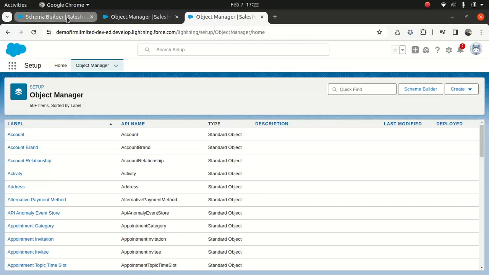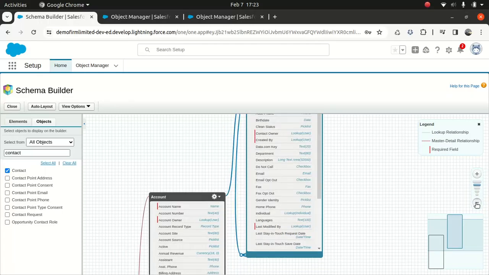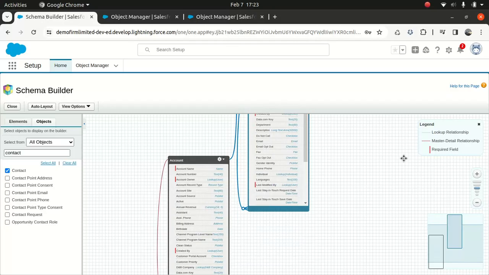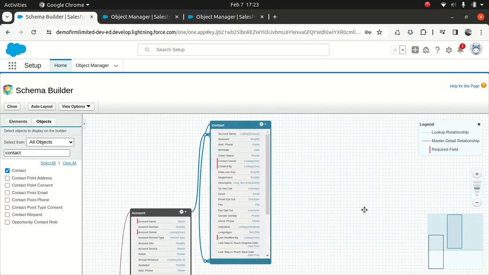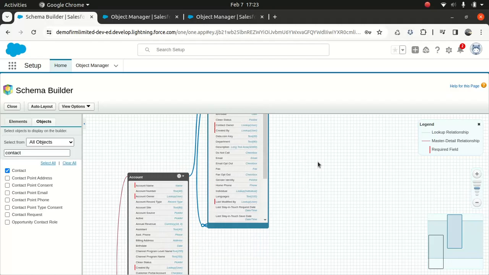Yeah. So it's pretty easy to go to schema builder. You have the button here. Once you click here, it will take you to something like that. Now here, what I'm trying to do is showcase to you guys the relationship between an account and the contact. You see that we have an account field in the contact, so it's like one to many, and you have a self relationship, contact getting linked to contact, so one to many. So this is how you can represent an object, and you can view that object using a schema builder,